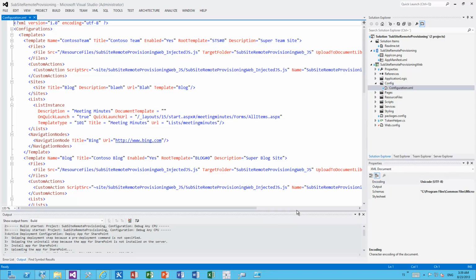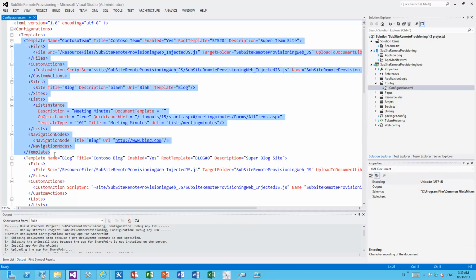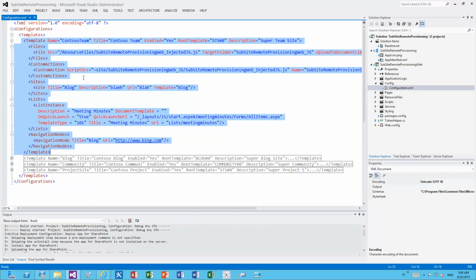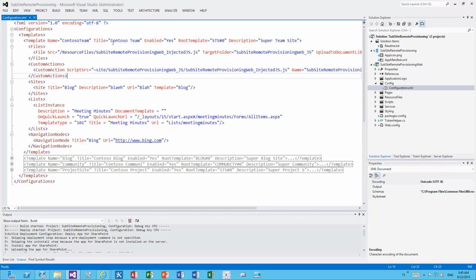But we selected the Contoso team site, and this is a provider-hosted application specific configuration for individual templates. So we can now see that we have 4 different templates configured in our provider-hosted application,